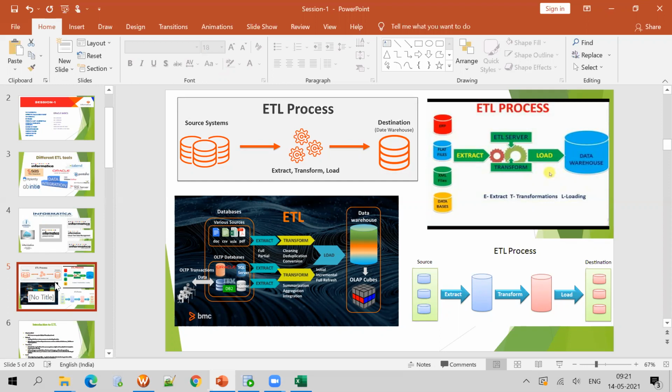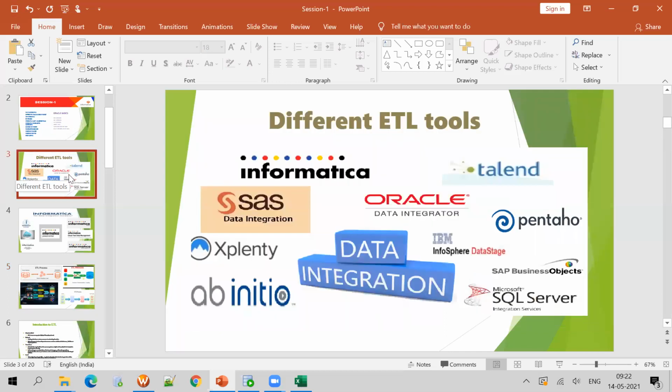Again, I will cover data warehouse concepts, but not in this session. In later sessions I will cover what a data warehouse is and what the data warehouse technologies are. If I tell it all on the same day, you will get bored. So I'm not covering data warehousing concepts in this session. At a later point, when I need it, I will explain them, and I will cover the complete data warehouse concepts. I'll not miss anything. Normally these ETL tools work for the data warehouse.